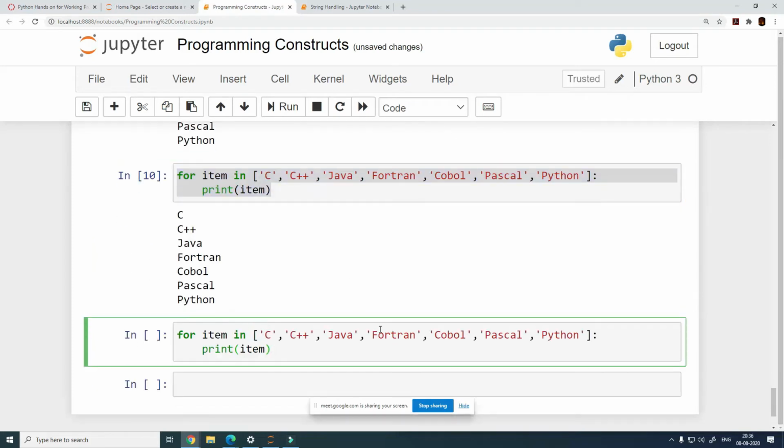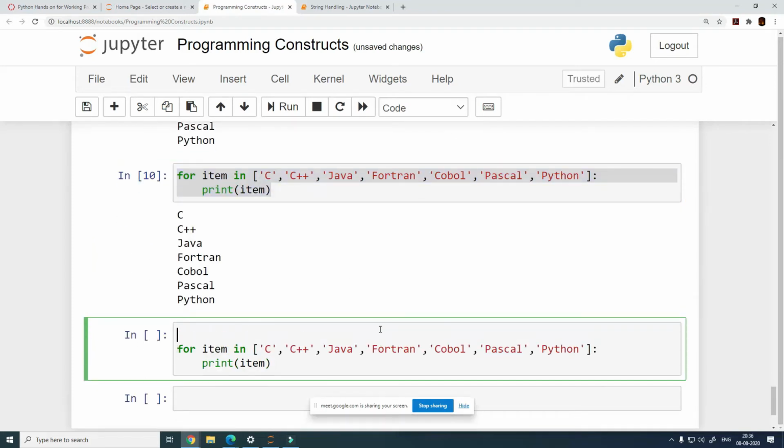You want to print the odd elements or the even elements? Okay, let me skip the even elements. So I will build a logic that helps you skip the even elements. I will skip C++, Fortran, Pascal.